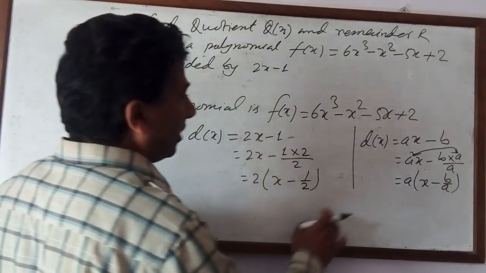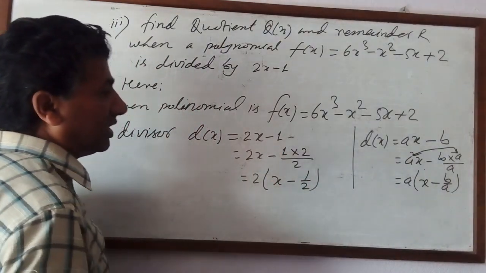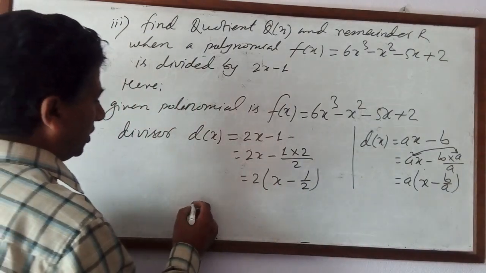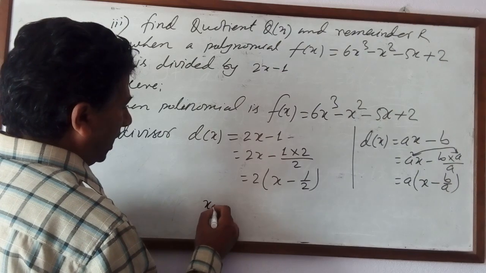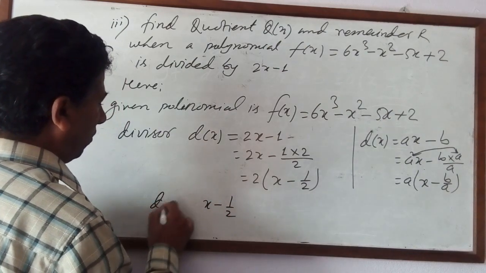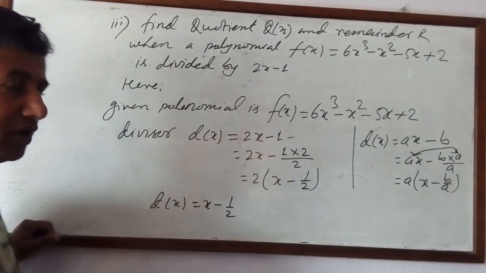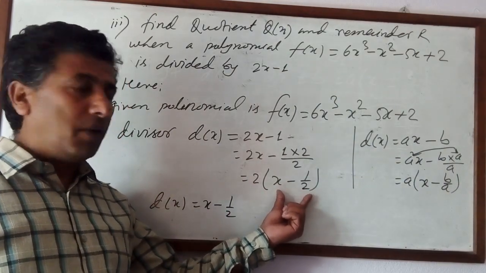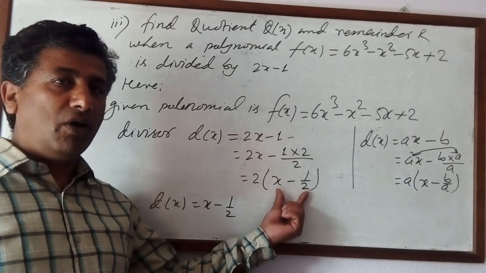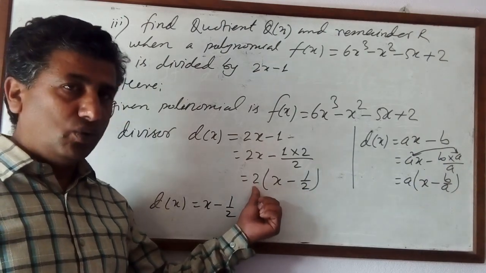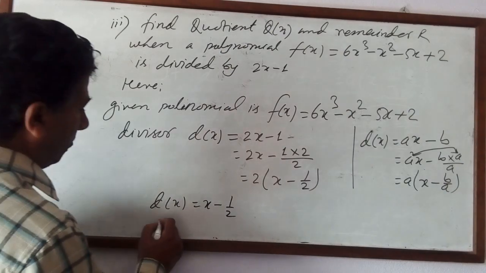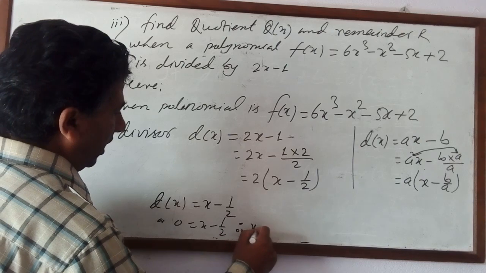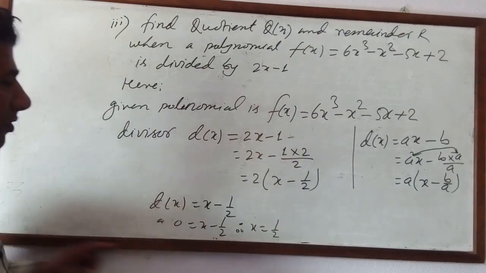Now what we have to understand: we change it in this form. Always you have to change like this. Now make this divisor 0. X minus 1 by 2. Now we are taking this as the divisor, x minus 1 by 2. First of all, we have to find the quotient of this one. After finding the quotient of x minus 1 by 2, again divide that quotient by this 2. Now I'll make it 0. X minus 1 by 2 equals 0, therefore x equals 1 by 2. We found the value of x.